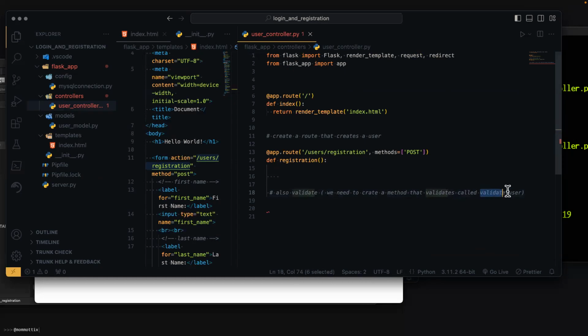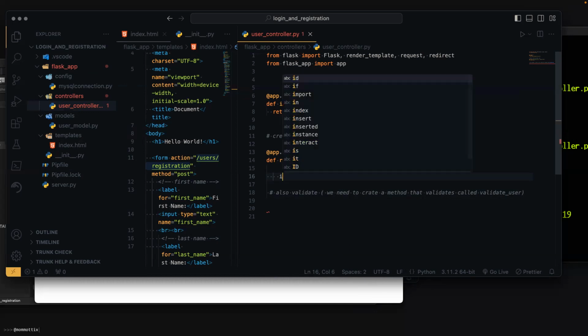Let's assume this works. Whatever this is, however it does, it validates, like we saw the way our other app validated. When we didn't have the right entry, it would tell us, right? So let's assume however this works, it works. It's a method that validates. So what I want to do with that assumption is say if